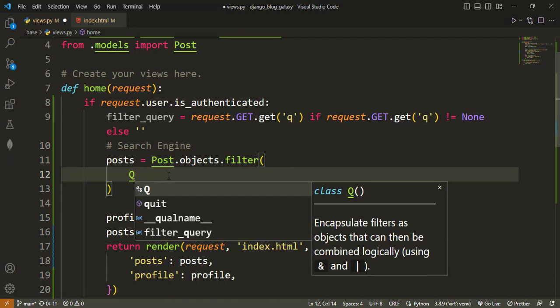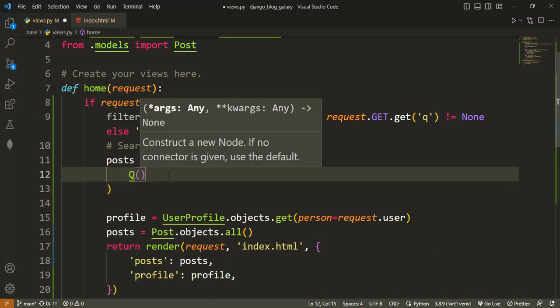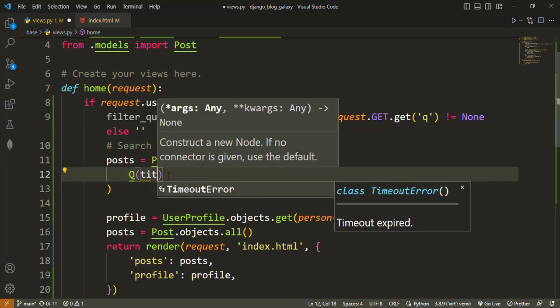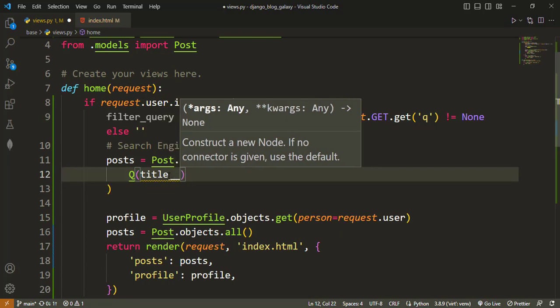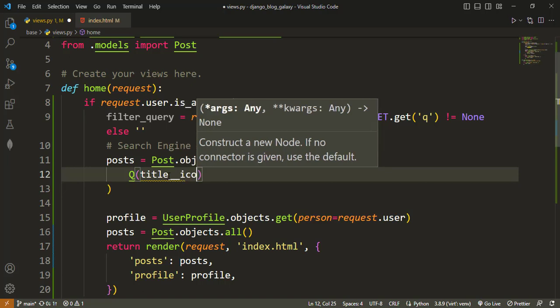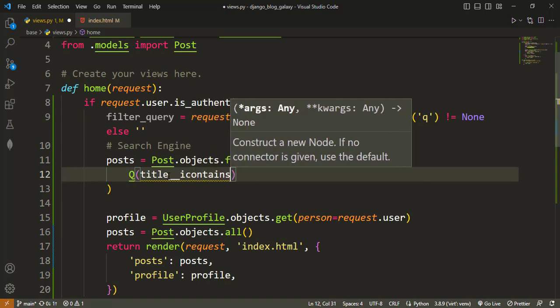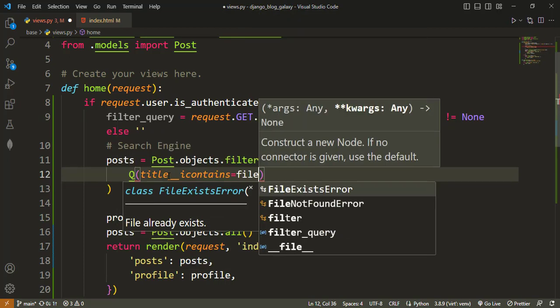So Q, and then title, that's the post title, double underscore, please take note, and then icontains, which stands for insensitive contains. So you can use contains, which will be an exact match. So if one is capitalized, it should also be capitalized before it fishes it out. But the insensitive contains, even if it is not capitalized, whatever the case is, it will try and bring it out. So that one equal to filter_query,